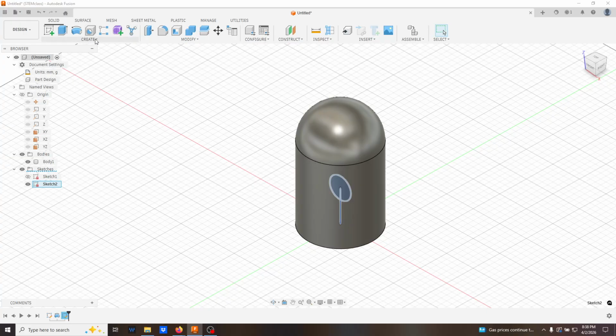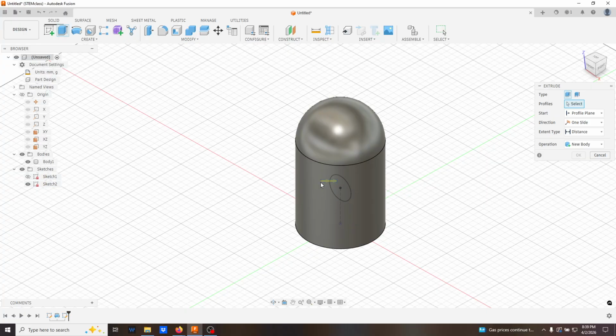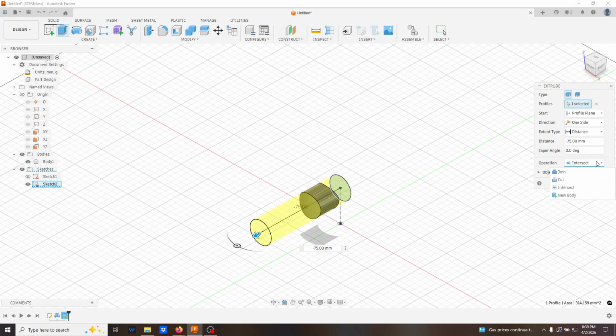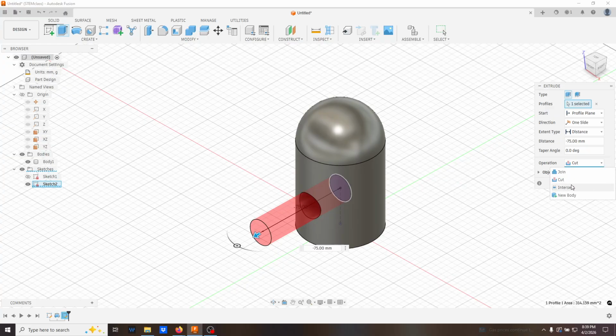So now that I have that, I'll go to create and I'll just do an extrude. All right, and then I can click on that since that's highlighted. There we go, got that. And I can grab this arrow here, I'll pull it out, and there we go. So remember that we can do different things. You have join, cut, intersect, basically what it shows you, different things. And again, it's interesting to think about